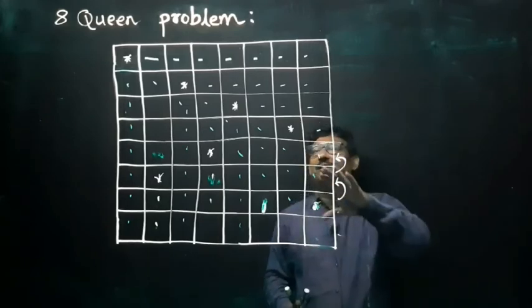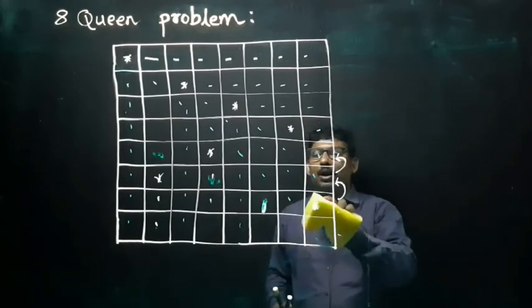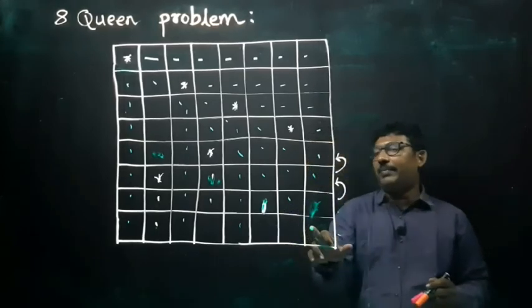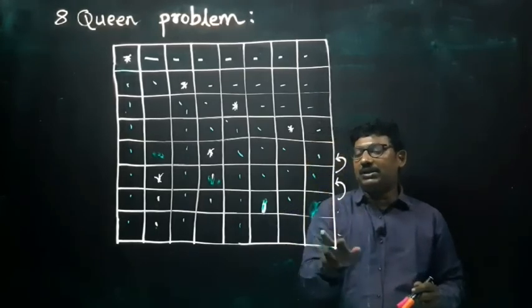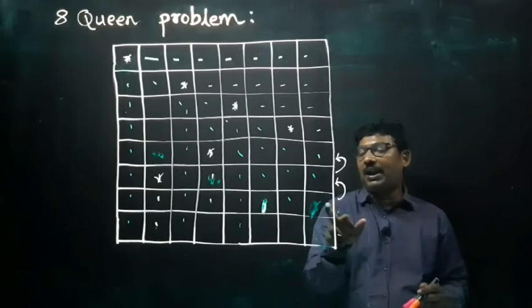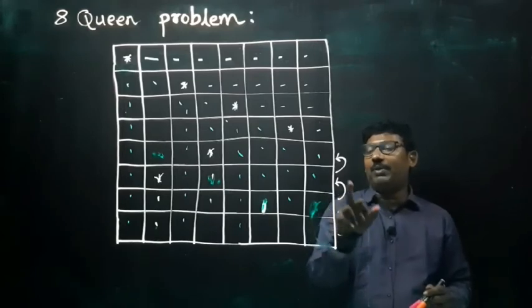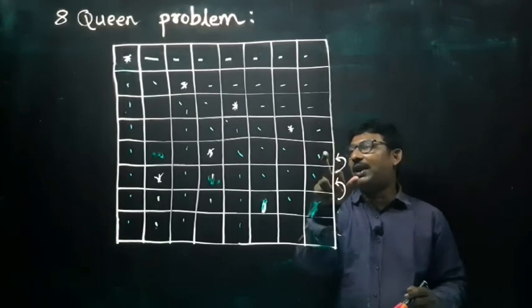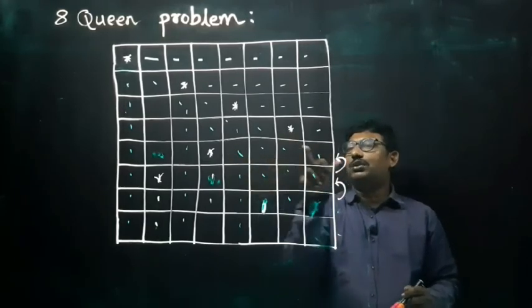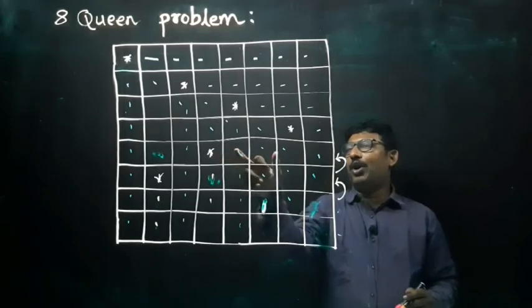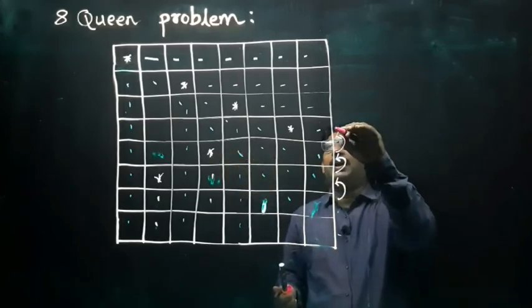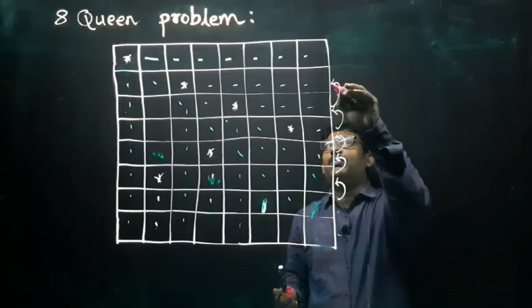So this is the method of backtracking. In this row we can't keep the number, so we backtracked. In this row we can't keep the number, so we backtracked here. This row we can't keep the number, we backtracked here. This row we can't keep the number, we have to backtrack here. And this row also gives a problem, so again we have to backtrack here. Again we have to backtrack, again we have to backtrack.